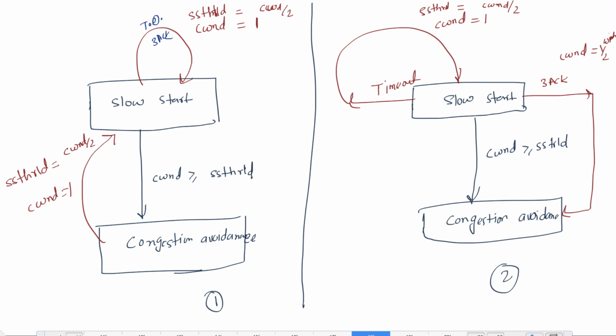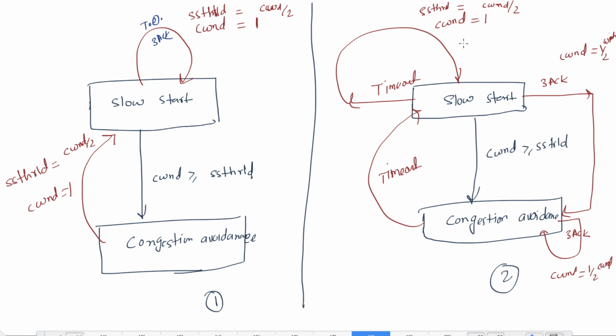Similarly, if there is a timeout or three ACKs, then the same thing will also happen at the congestion avoidance phase, which means if there is a 3 ACK, then it will be a self loop, right? And the congestion window size will be just half of the current congestion window size. And if it is timeout, then it will go to the slow start,